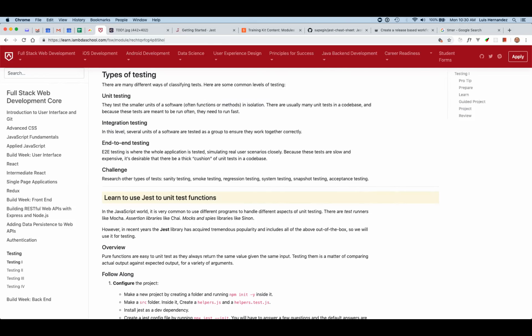Is it normal for testing to be a completely different role than developer? Yes. Is it normal? Not on the modern teams, it's not. What happens is, we're going to mention that. We have different types of tests, but the one that we're going to always be expected to write is called unit tests. And the modern developer teams now, even if the job offers, they tell you, hey, we expect that